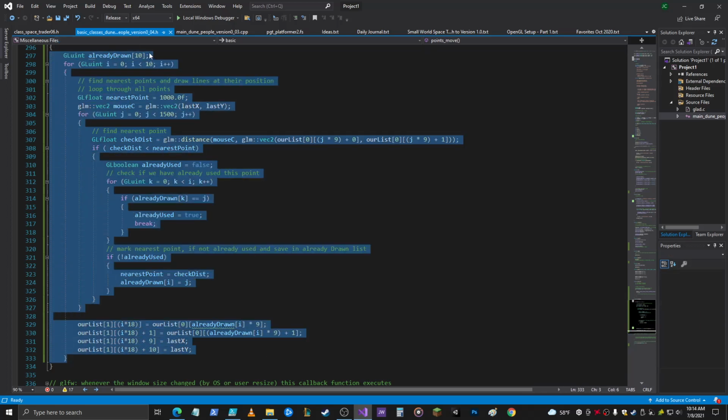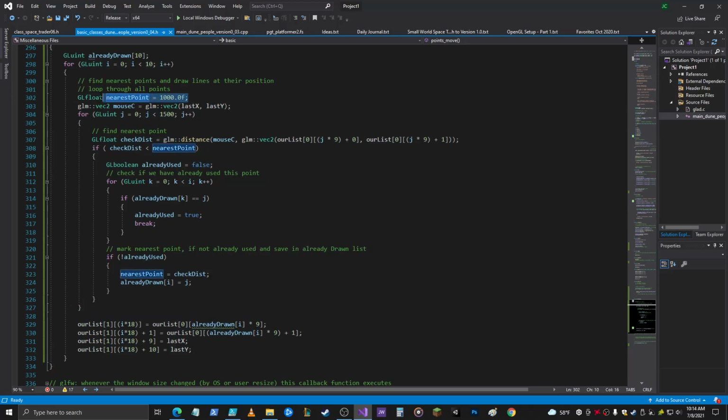So I use an array called already drawn. They're unsigned integers. Those keep track of the indices of the points that I calculate as the nearest, because each time I find the nearest in the 1500, I have to somehow eliminate the nearest one, each one that I find up to the 10th one. Otherwise, the first one's just going to keep being the nearest one. So I set the nearest point, floating point here, to 1000, and here's the mouse cursor, and then I loop